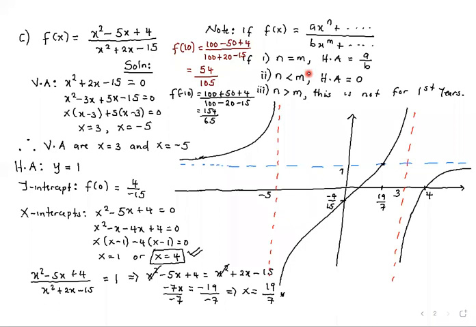So for the x-intercepts, we had 1 and 4, but where have you